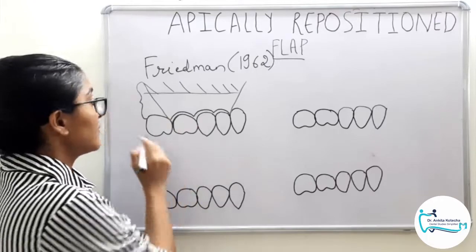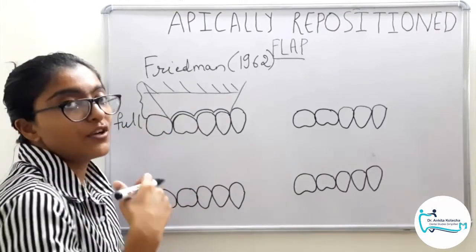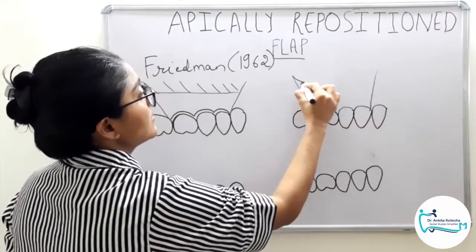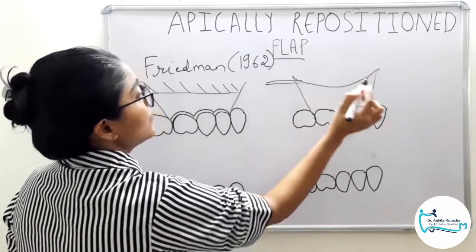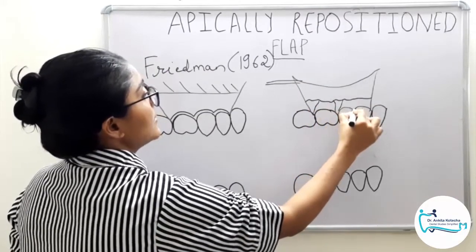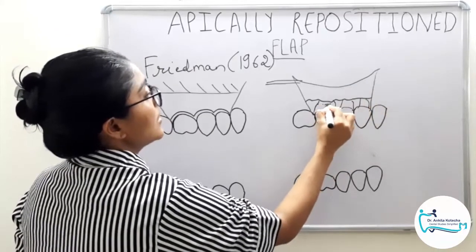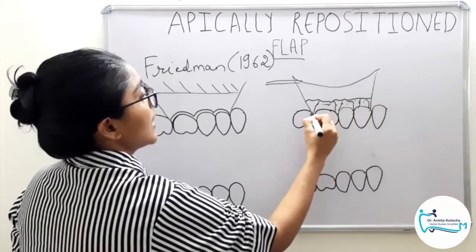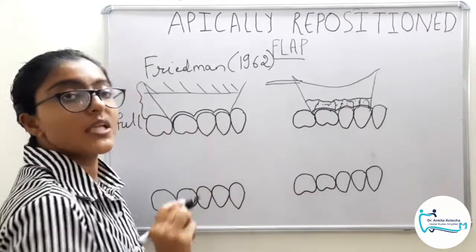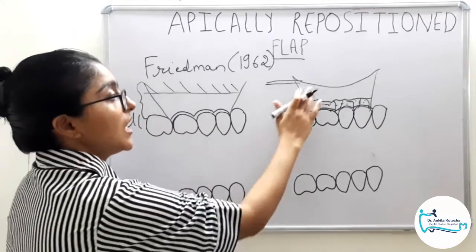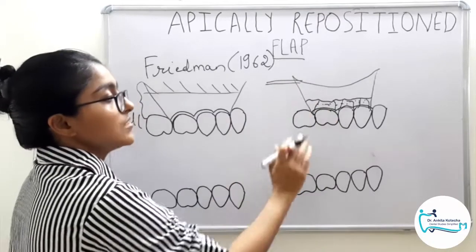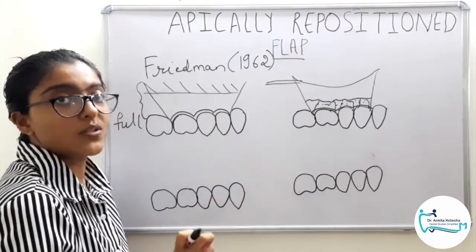Once these incisions are given and full thickness flap is reflected, let's say the operative site now looks like this. The flap is reflected, full thickness flap. This is our bony margins and here are our teeth with the deposits above it. And this collar of the tissue as per the internal bevel incision. So now after the full thickness flap reflection, we can see the bone surface, the root surfaces and the collar of the tissue around the neck of the teeth.